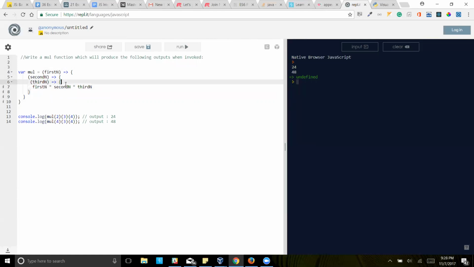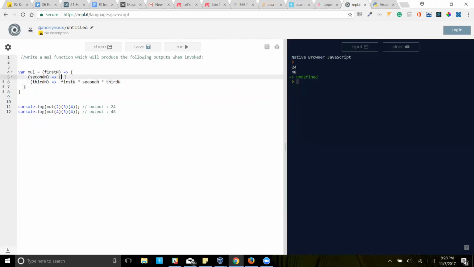Okay. Or you can get rid of the brackets too. Get rid of the bracket and the closing bracket, and you won't need a return. No, get rid of both brackets, yeah. And now maybe do it. Run. Should we even be able to get rid of all the brackets? Yeah, you can get rid of all. Well, let's do one at a time. Okay. Let's